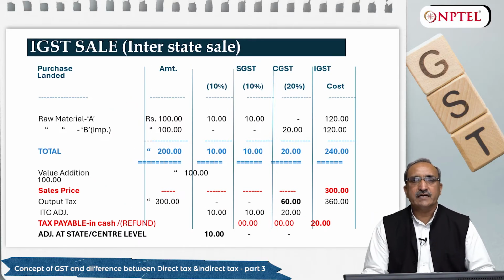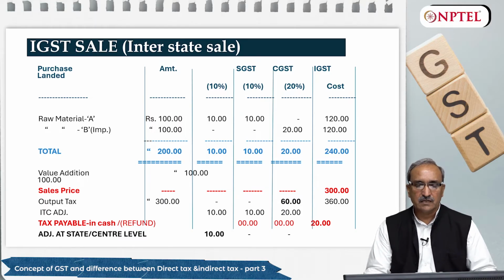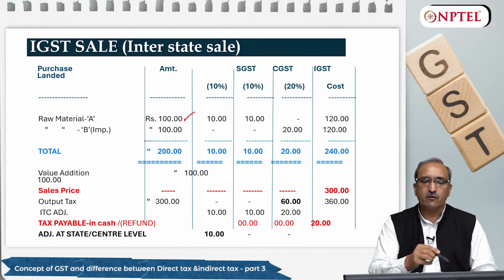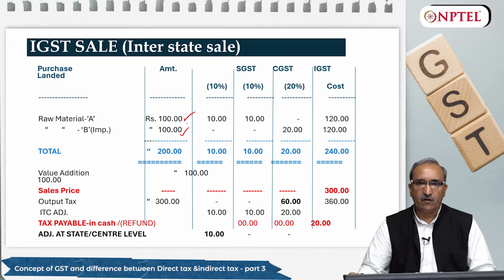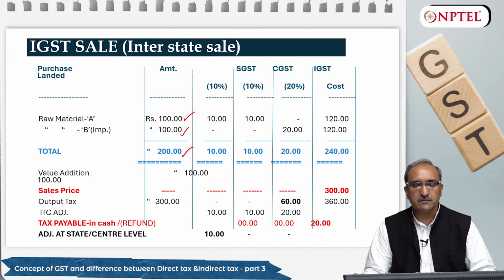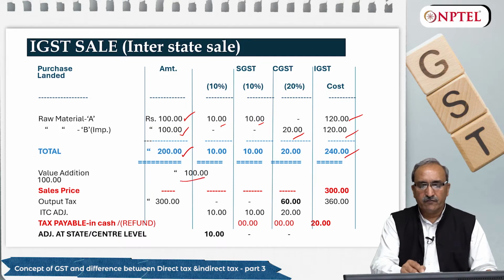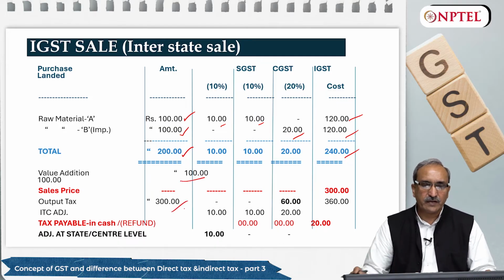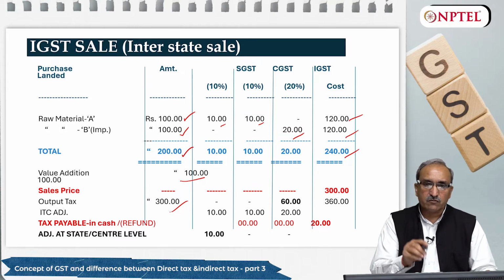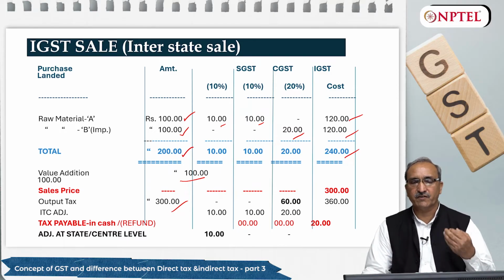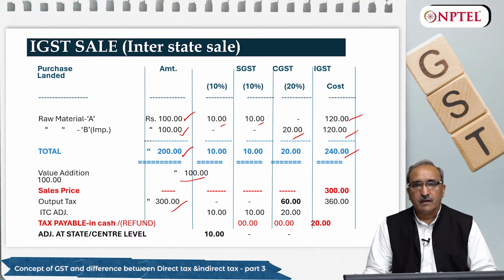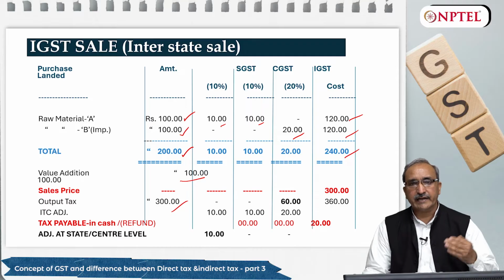Same example for interstate transactions, where IGST is applicable on my final products. Same example, friends: raw material of 100 rupees, imported material B of 100 rupees, my land cost is 200 rupees. Of raw material, 10 rupees CGST, SGST on local material, 120; 20 rupees IGST on imported goods, 120; total 240. Value addition I did for 100 rupees, product value is 300 rupees, and because now this product I am selling out of state, meaning if I am having a factory or my manufacturing unit in Karnataka and selling it to Tamil Nadu,